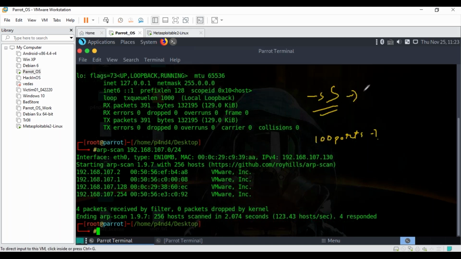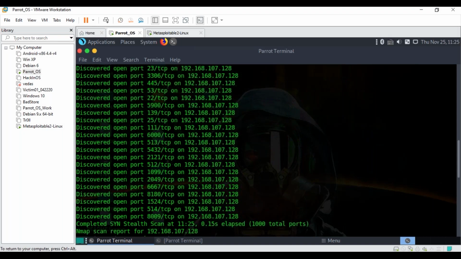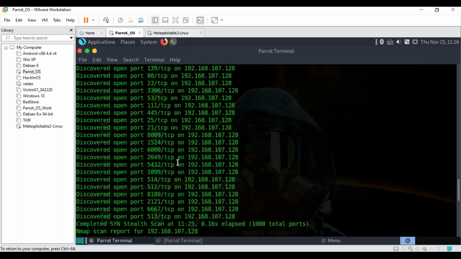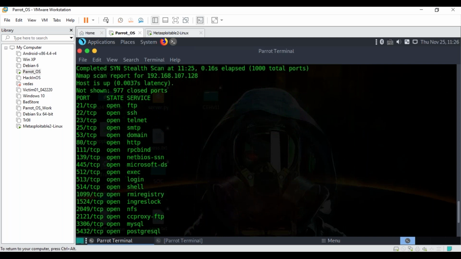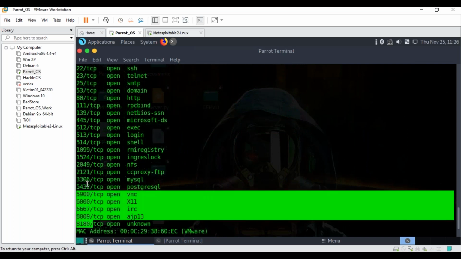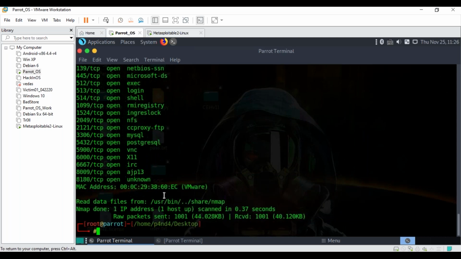-sS, you can say it is a stealth scan. I totally agree with that. That is the correct answer. How many ports does your stealth scan cover? Nmap does a stealth scan by default, and always remember, guys, it is the well-known 1,000 ports. It is not like 1,2000. You can see random port numbers there, so it is the well-known 1,000, not 1,2000.